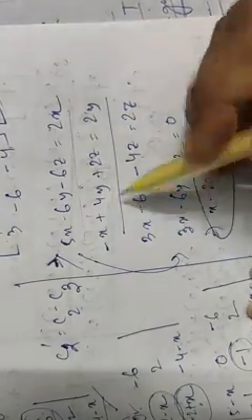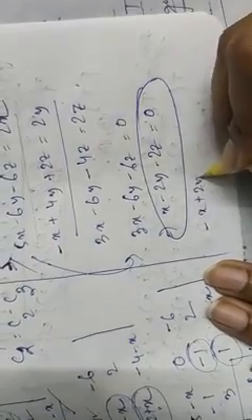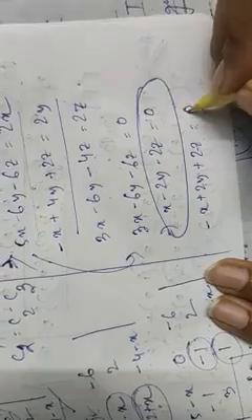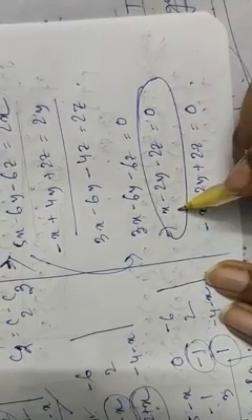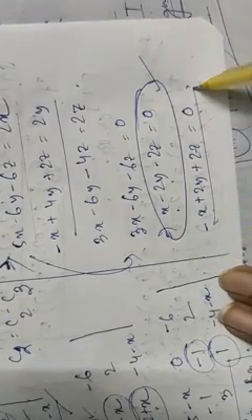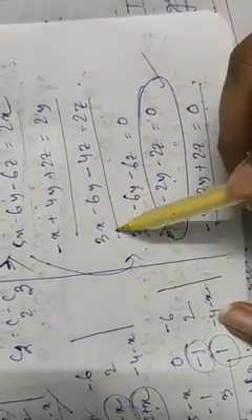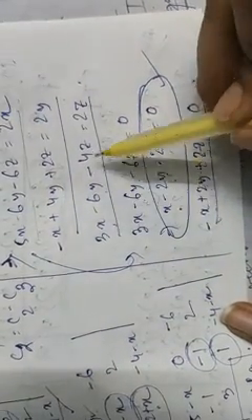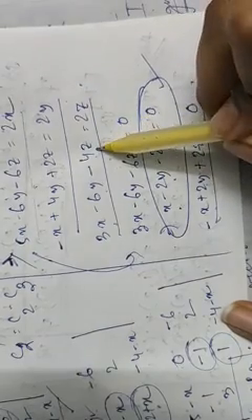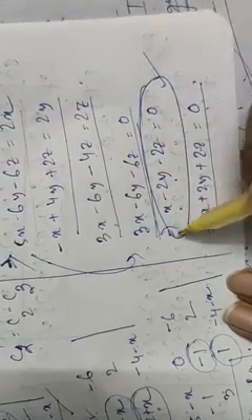Check from the second equation. What will we get? It will become minus x plus 2y plus 2z equals 0. That means ultimately this one, x minus 2y minus 2z equals 0. So no need to calculate this one again. And from the third equation what will we get? 3x minus 6y then minus 6z equals 0. That is ultimately this one. So it will become this.